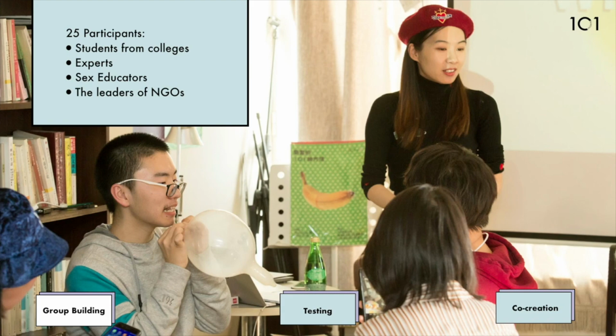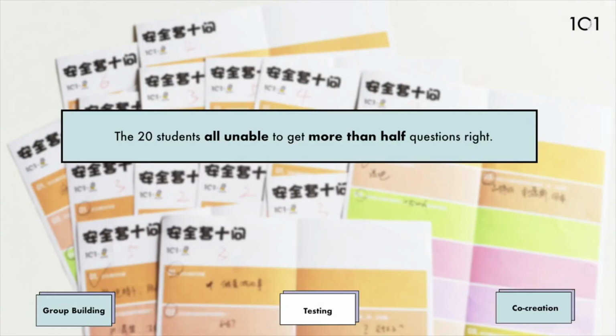The 25 participants in our workshop included gay students from colleges and diverse experts working on this issue. In the workshop, we gave the students a test with 10 basic questions about safe sex and condom use. None of the students were able to get more than half